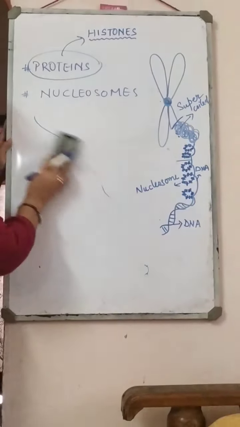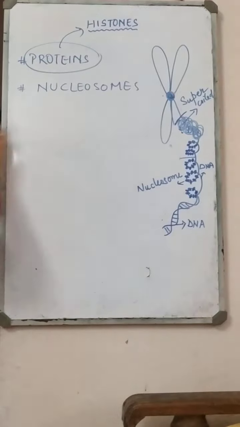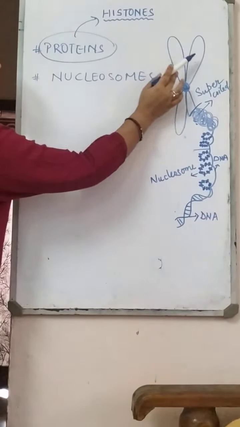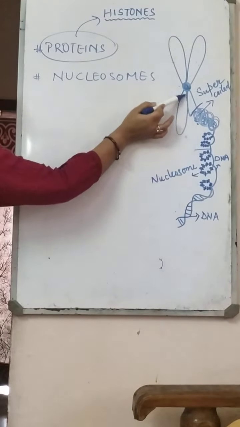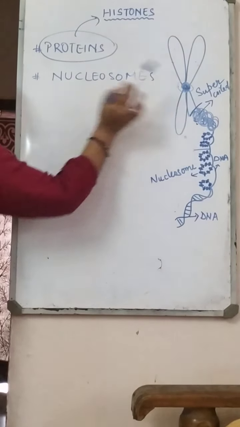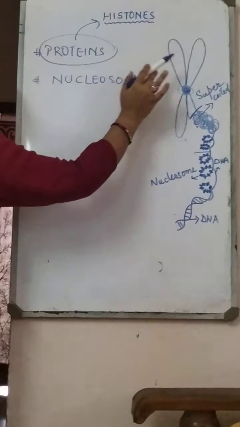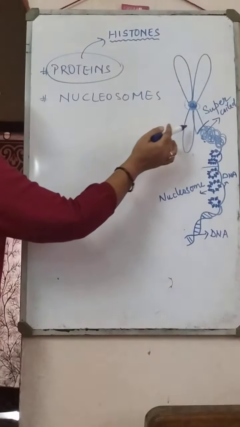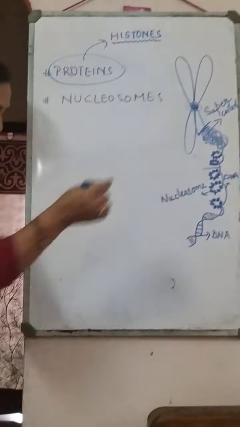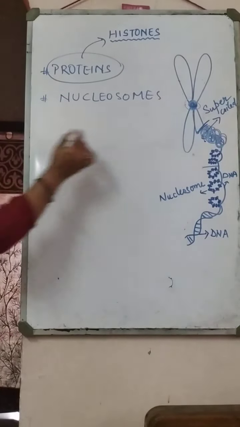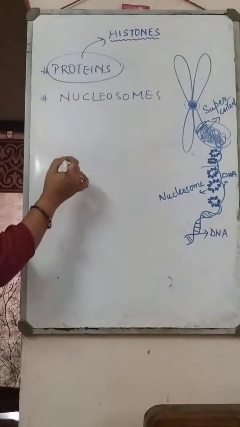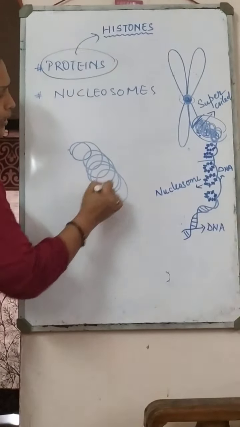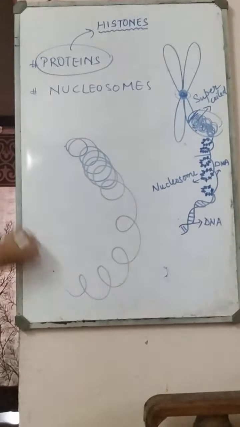For example, you can see here, this is the chromosome, and the chromosome is made up of two sister chromatids. This is one and this is two. These two sister chromatids are attached at the center called the centromere. Now, if we see the chromosome normally, it will be like this. But when we take a small piece of chromosome and observe it under a microscope, we see that this structure appears as supercoiled, coil-like structures.